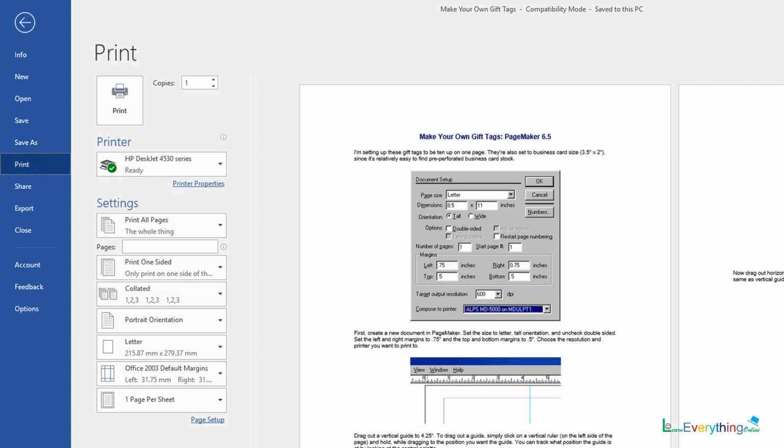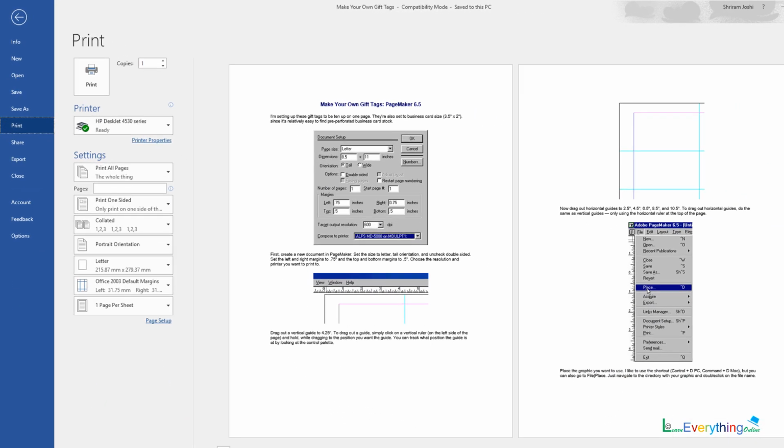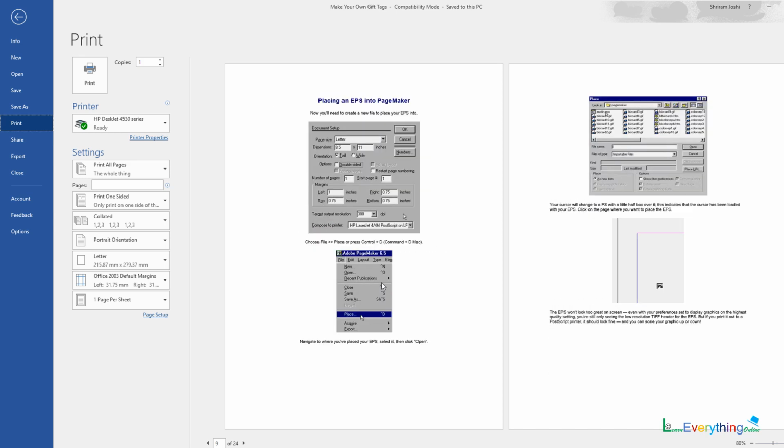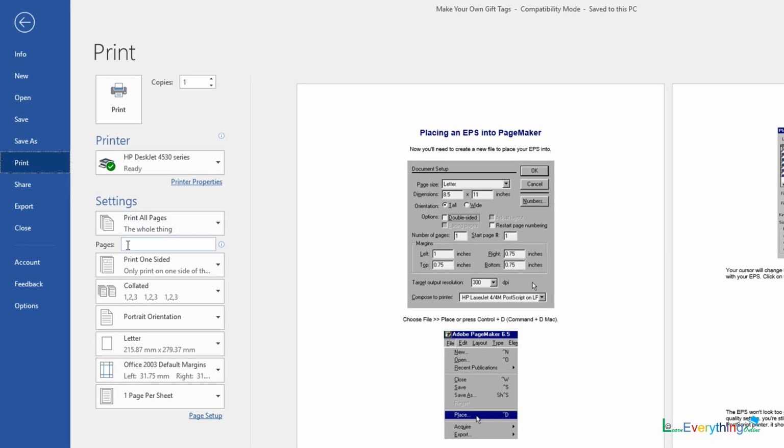If I want to print my file, this is my actual page or hard copy page preview, which I can see. There are a total of 24 pages, from which if I want to print page number 1, I have to type just page number 1. If my printer is connected and online, then I can click on Print. I will get a hard copy of page number 1.